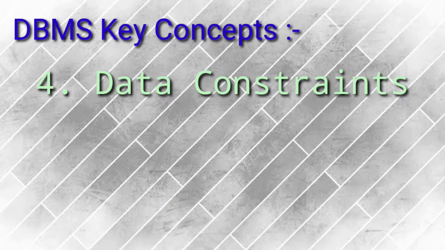Now, the fourth most important key concept is data constraint. Whatever data is stored in the database in the table must fulfill some rules and regulations or conditions so that it can be easily validated when the required data is stored. For example, if the name column has a constraint that a character or a string should be inserted, no one will be able to enter a number in it.